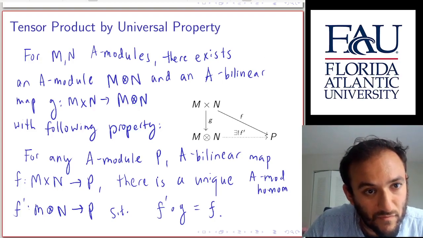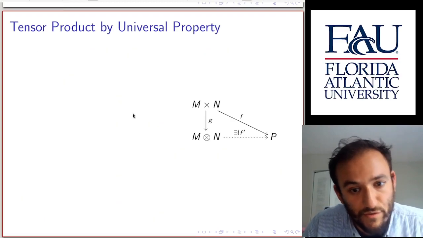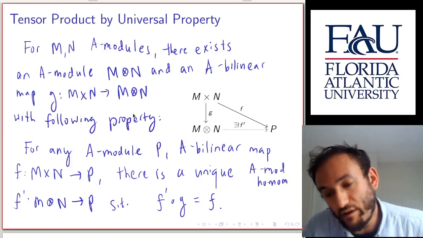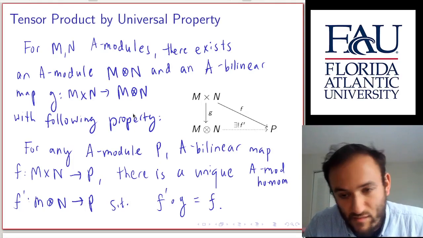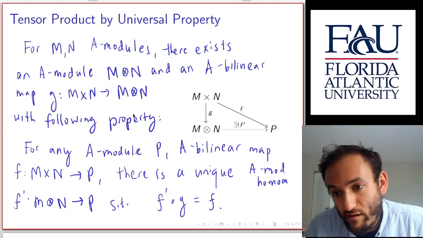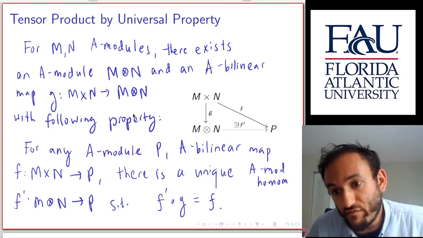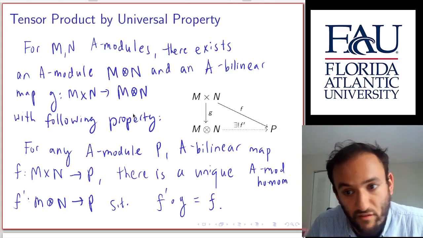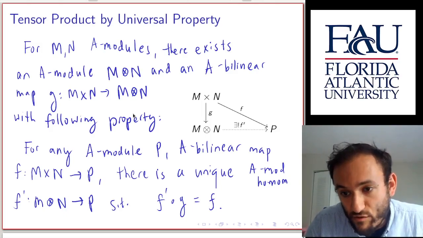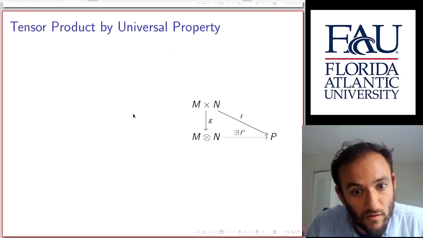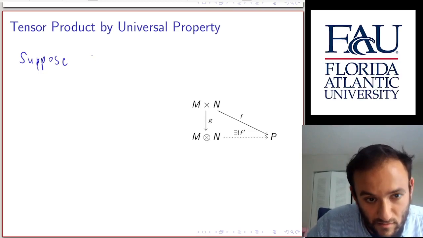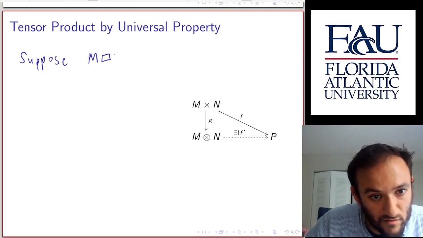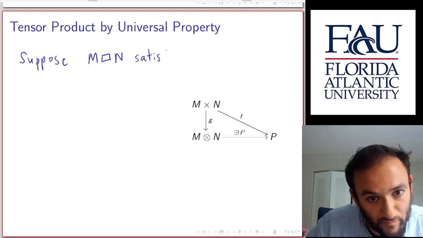And so now that we know that such a thing exists, and it's not hard to show that this property is satisfied by the object that we just described, the quotient of the free module by that submodule with all the linearity relations. Once you show that it exists, you also show that it's unique, because suppose there are two such. Suppose